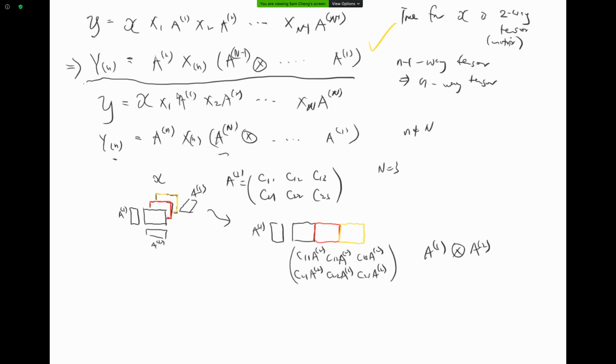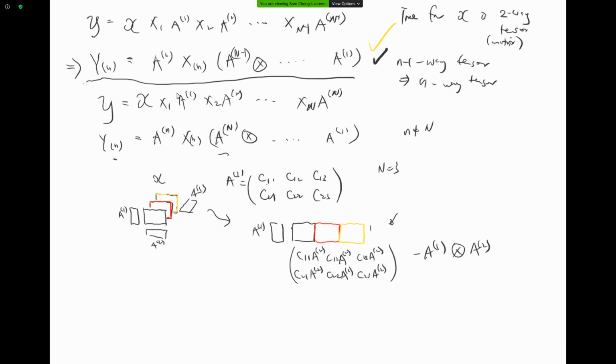Why is that? Because now I have this matrix stacked together. I should multiply each slice weighted by C11, C12, C13, right? So I should weight it by that. And for the matrices themselves, each matrix is just multiplied by this A2 directly. So if I do this Khatri-Rao product, it matches completely. So if I do this, of course I go down 1 dimension, then I can immediately apply that.